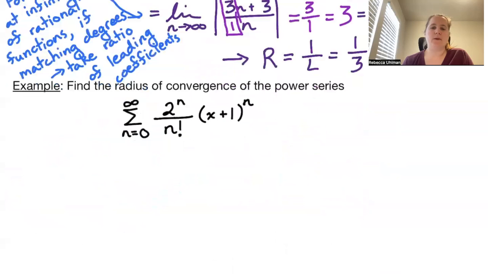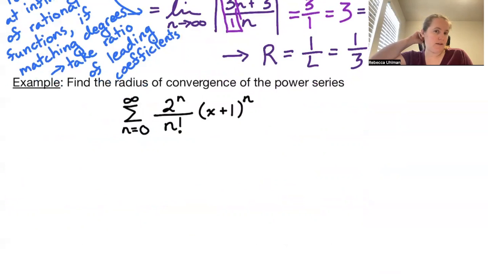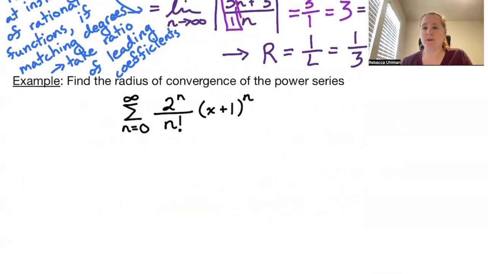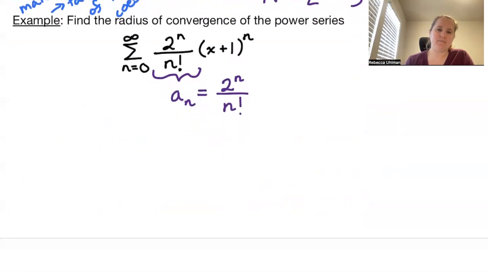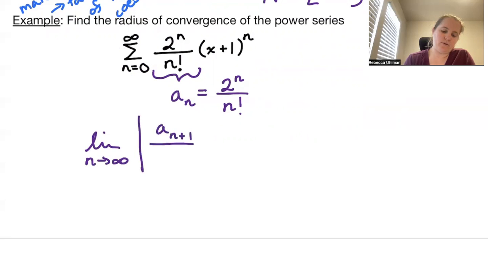Now let's go ahead and find the radius of convergence of the power series, a sum from n equals 0 to infinity of 2 to the n over n factorial times x plus 1 to the n. So again, this is our a sub n out in front of that x plus 1 to the n. So we have a sub n is 2 to the n over n factorial. That means that if we're looking at the limit as n goes to infinity of the absolute value of a sub n plus 1 over a sub n,